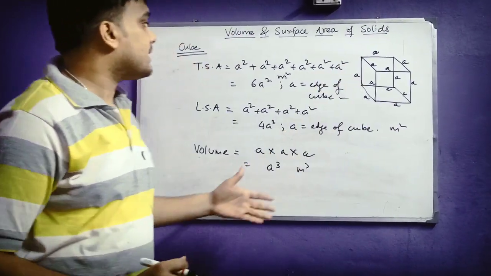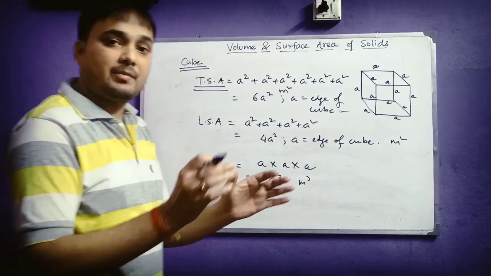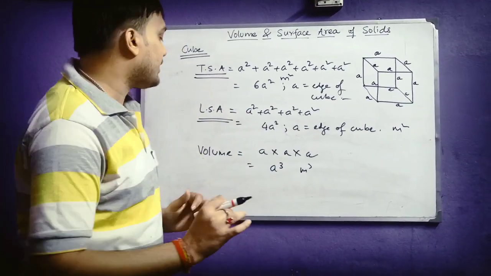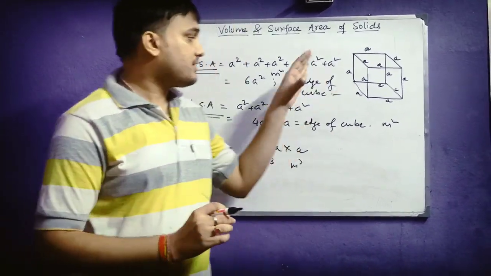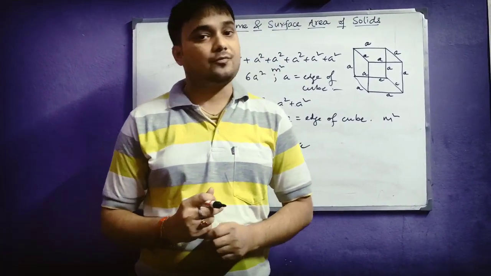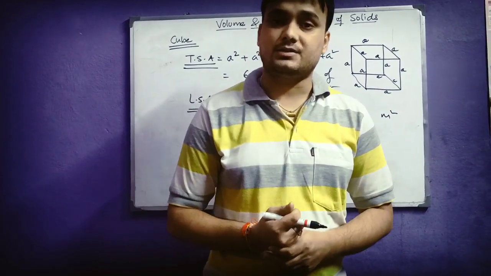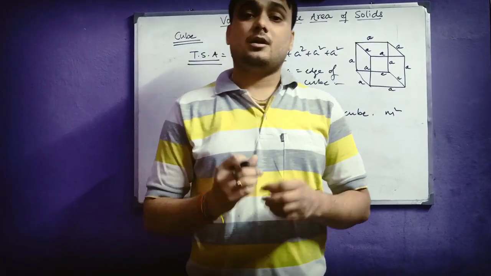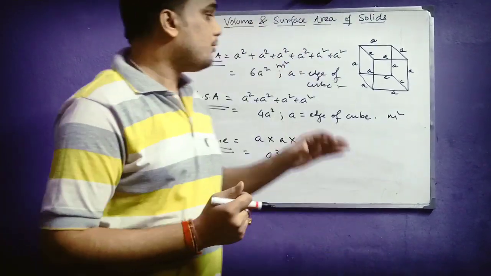So this is the basic concept of the solid cube. Here you have seen that the total surface area is the total area covered by the 6 faces of the cube. Lateral surface area is only the area covered by the 4 walls of the cube, and the volume is the total space present inside the cube. So these 3 are the different formulas for this solid cube, and these formulas will be required to find the solutions of different kinds of questions, especially in the first exercise and in the second exercise. Students, for your proper understanding, we will be solving a few examples so that you understand properly how to use these kinds of formulas.